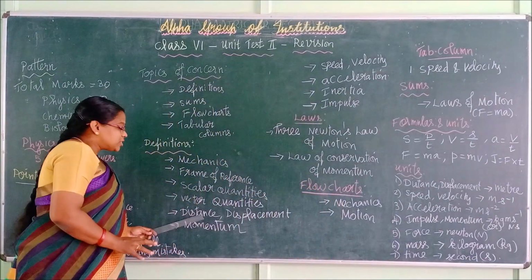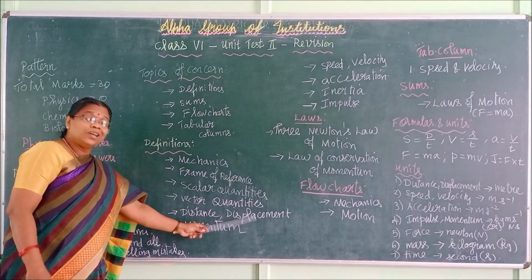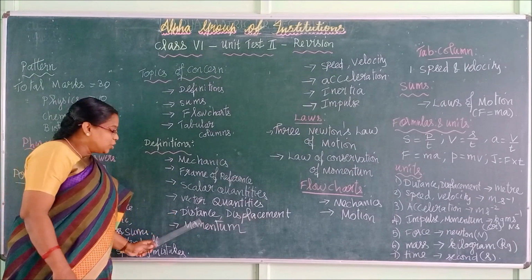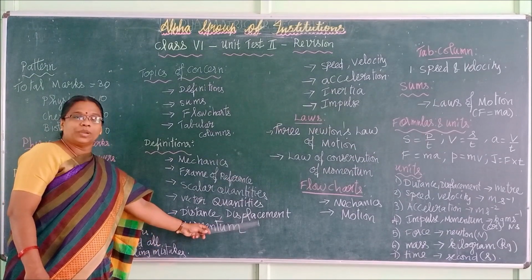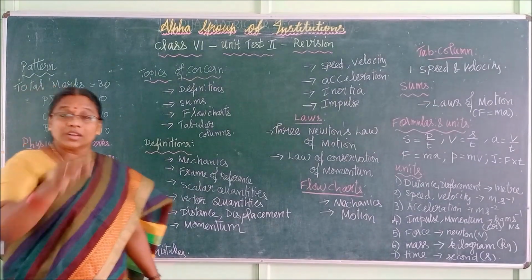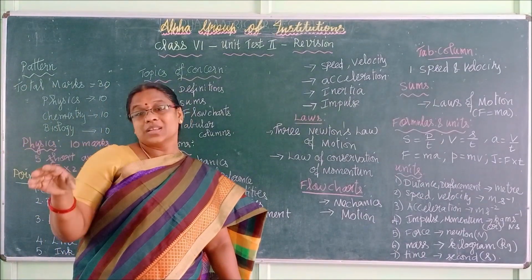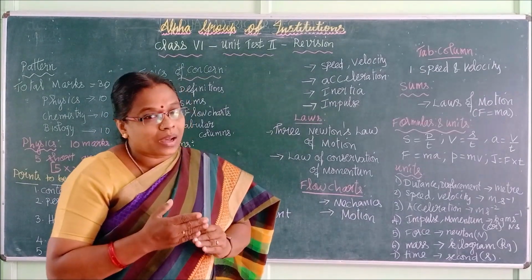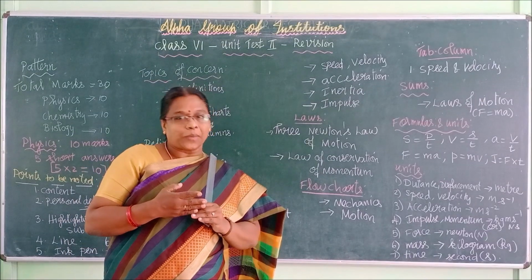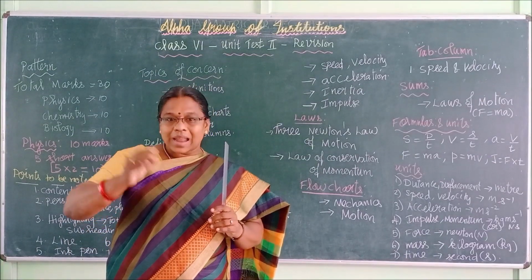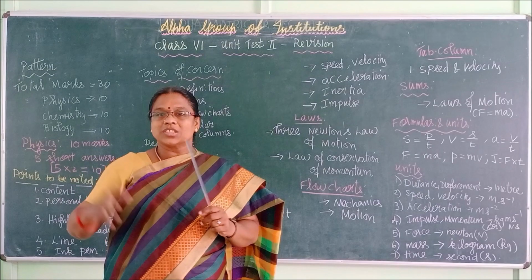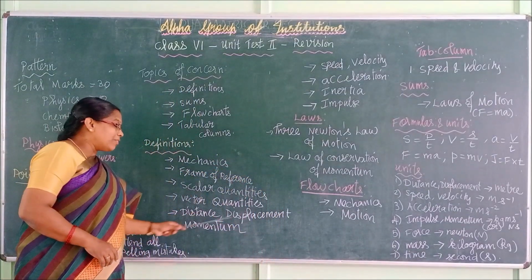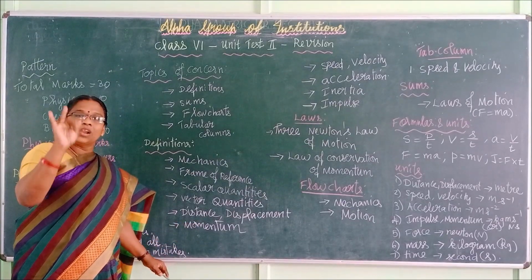Right? So what is the difference? Distance is the length covered by an object. Displacement is the shortest distance covered by an object. Its unit is meter, its unit is also meter. It does not have a formula. So I am going through the definitions in a faster way. You have to have the notes in your hand in your classwork. I hope you have them, right? So mark those definitions now. These are the definitions to be concentrated on, right? Now next one, here we don't have any formula. So definition and unit alone is enough.